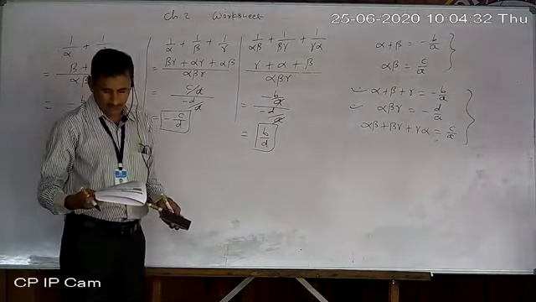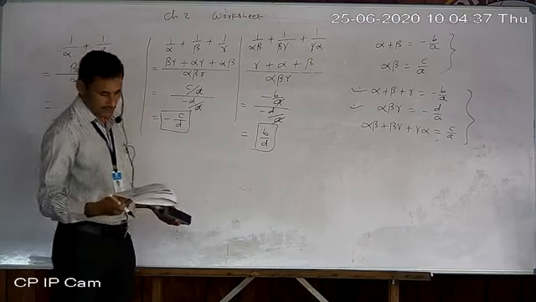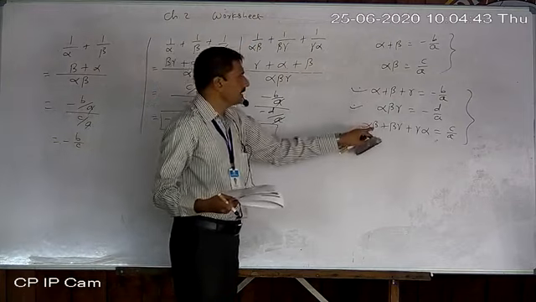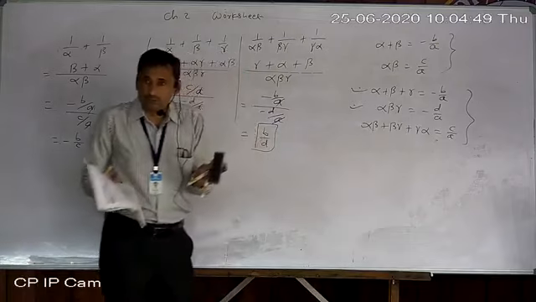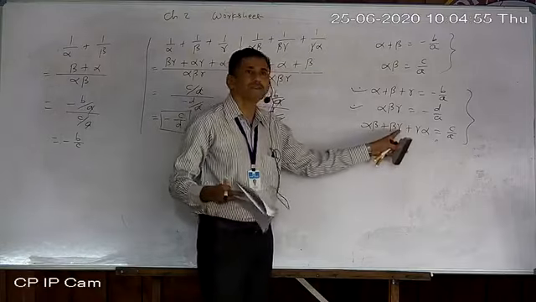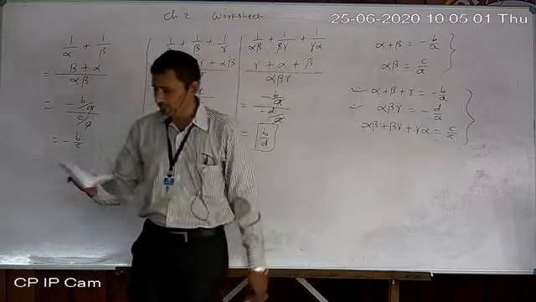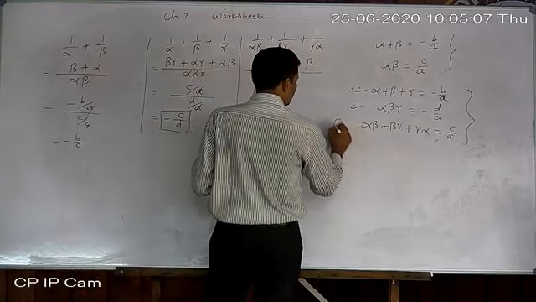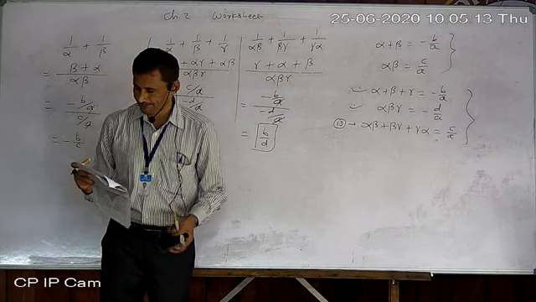Number 13. For the cubic polynomial, the sum of the product of zeros taken two at a time. The meaning of the statement is this only. Take the product of any two at a time, first of all, and then the sum of all products. So that is nothing but this, c upon a. Okay. So write down in 13 c upon a, plus the values of c and a both. So understand, don't get confused by words. In number 13 question, this formula is applicable, and write down the values of c and a. So that will be your answer.